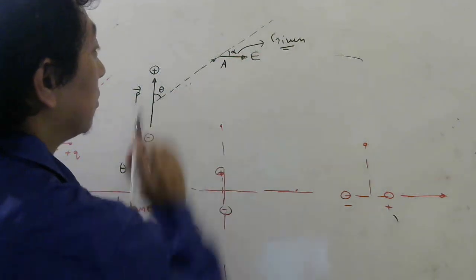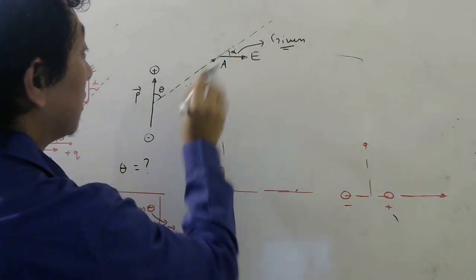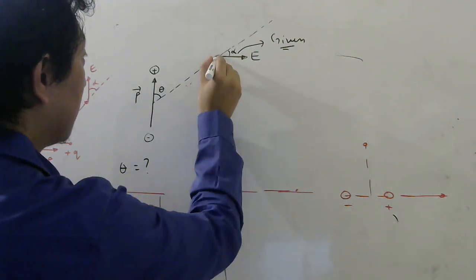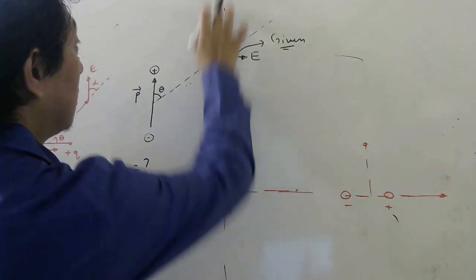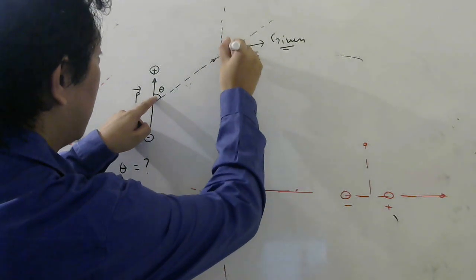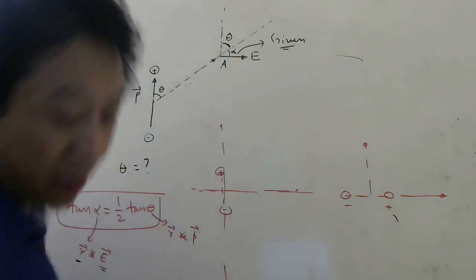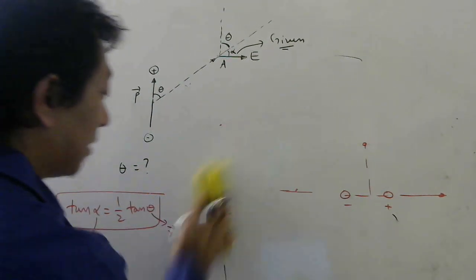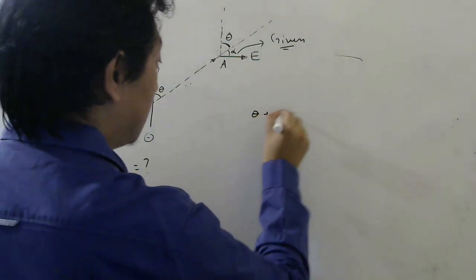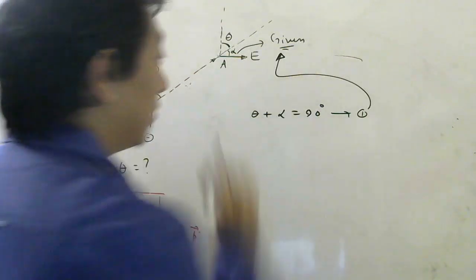Now look carefully. This is E. They have given that it is perpendicular to this. If I draw another line here, this line is parallel to this line. Now if this is theta, what is this, students? Quickly tell me. Theta. So it is very interesting that in this diagram, theta plus alpha must be 90 degrees. This we came to know from whatever is given.